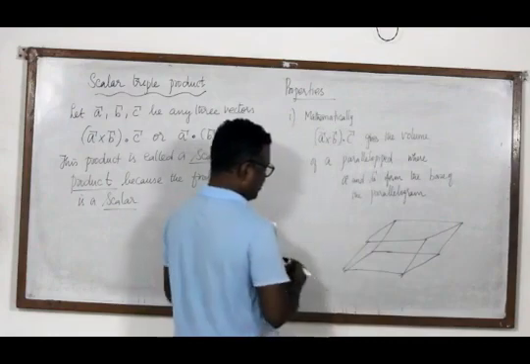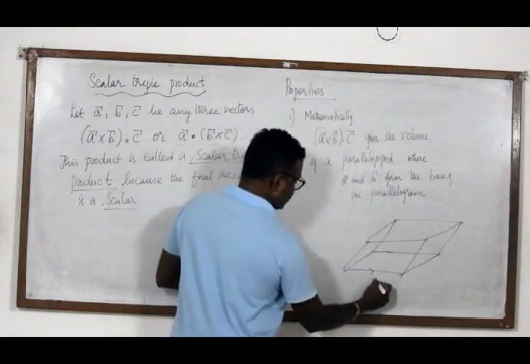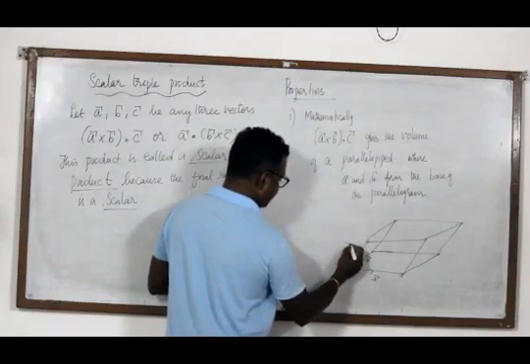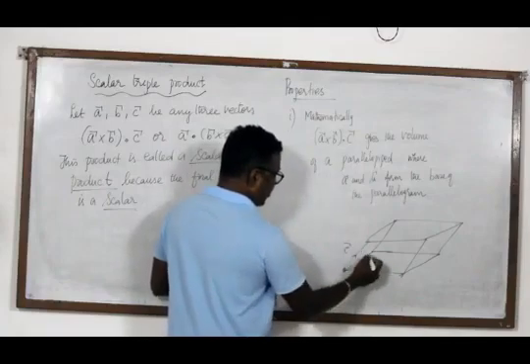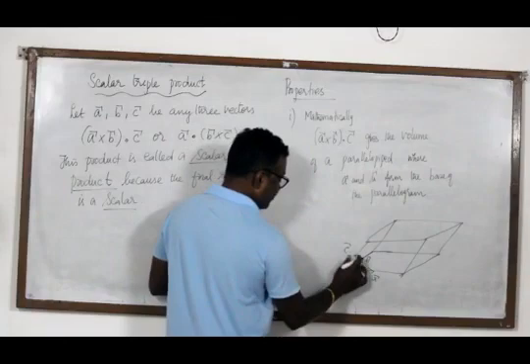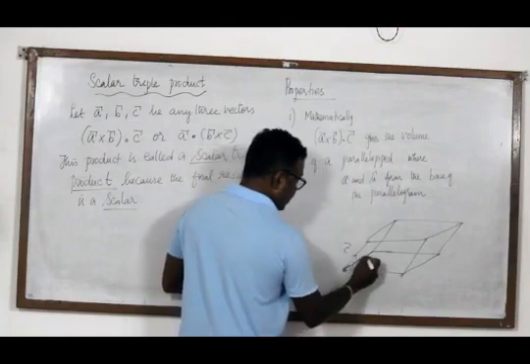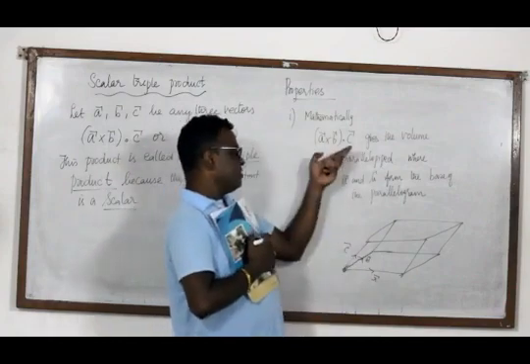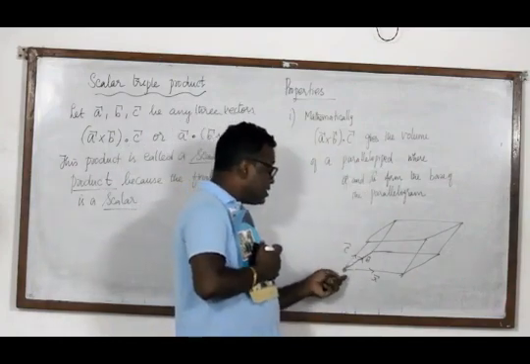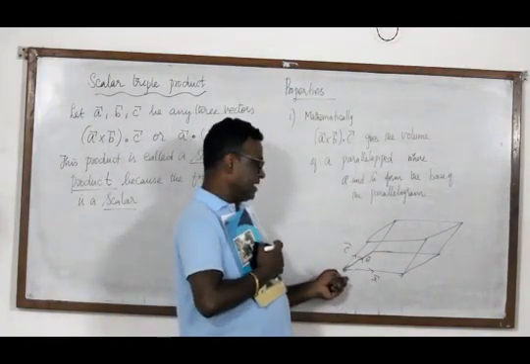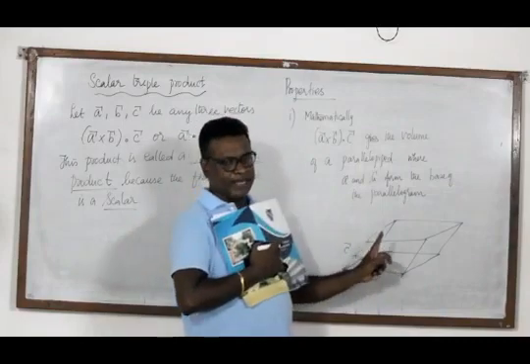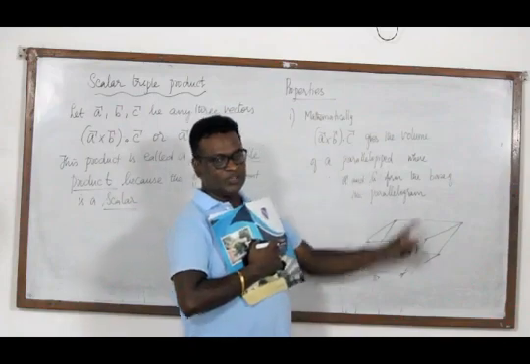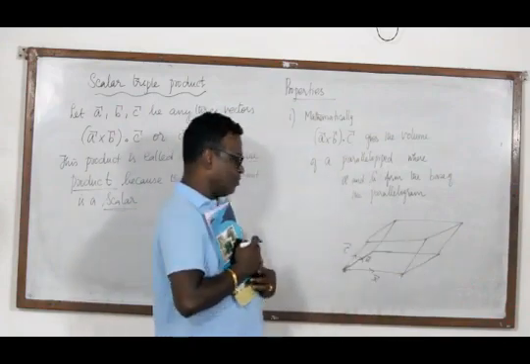This is the parallelepiped. Here, this vector is A vector and this vector is B vector and this is C vector. All start from a terminal, and hence we say that these three are non-coplanar. A, B, C are non-coplanar and they are called coterminous edge vectors. Then they form a parallelepiped. In that parallelepiped, A cross B dot C will give me the volume of this parallelepiped.